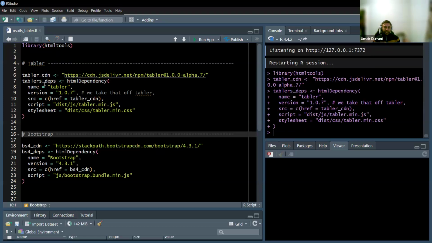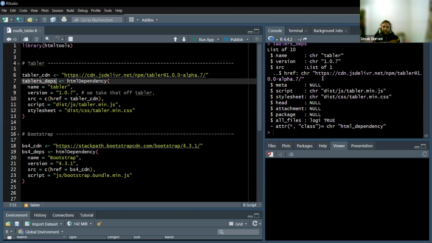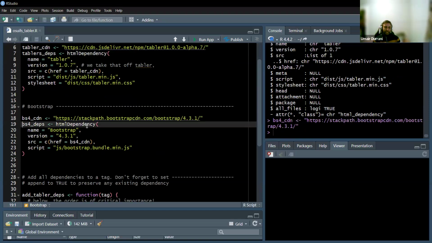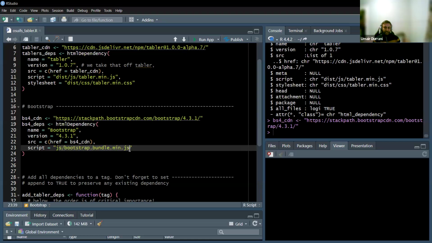Running this and then looking at it, we see it's a list of 10, including all the relevant attributes with the script and a style sheet that we want. For Bootstrap, we saw on GitHub that the required version is 4.3.1. So that also has a CDN. So we first specify that, and then using HTML dependency, we provide this is the reference for the JS file